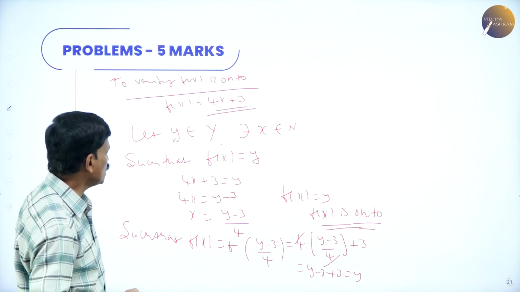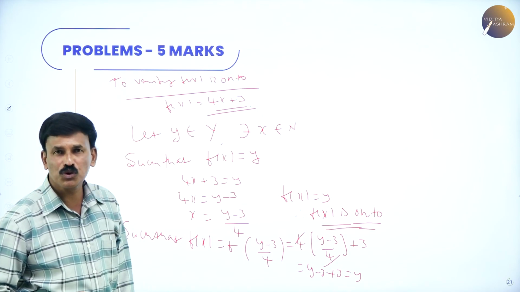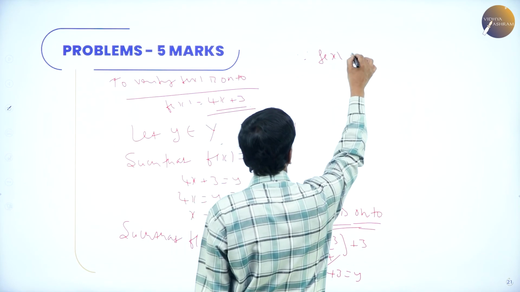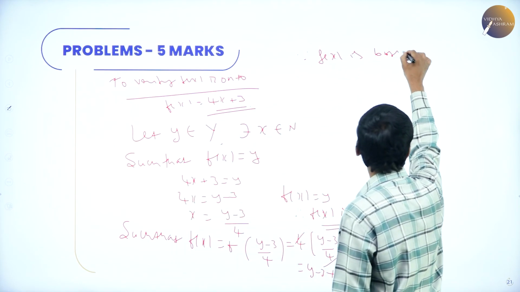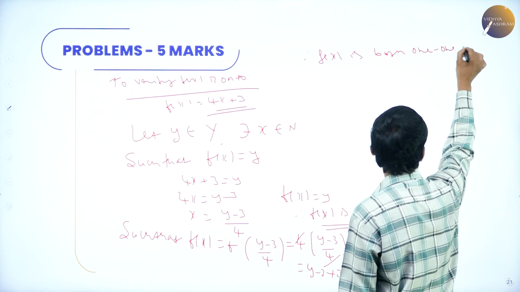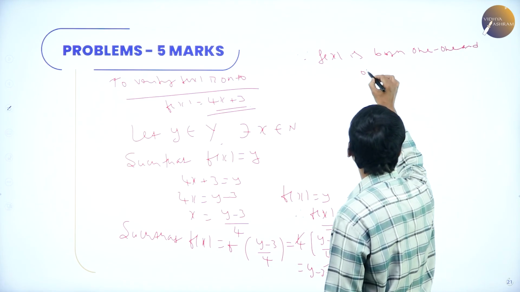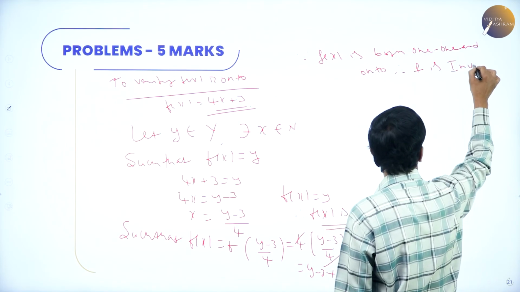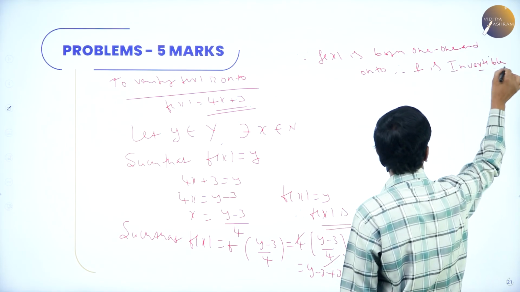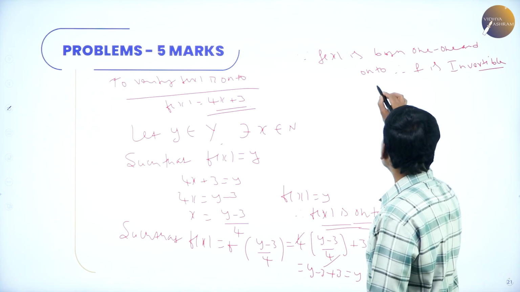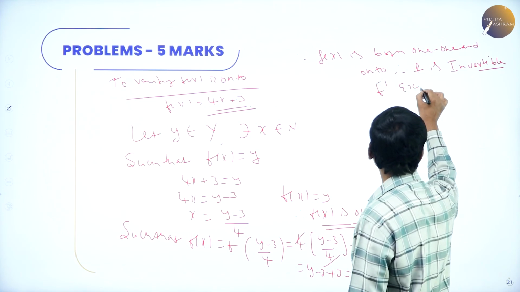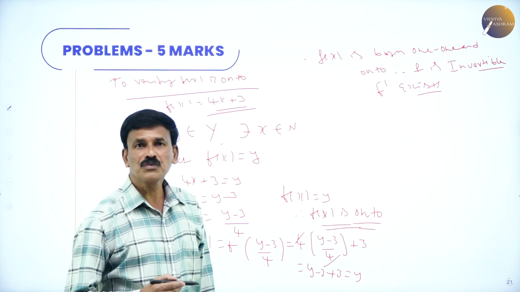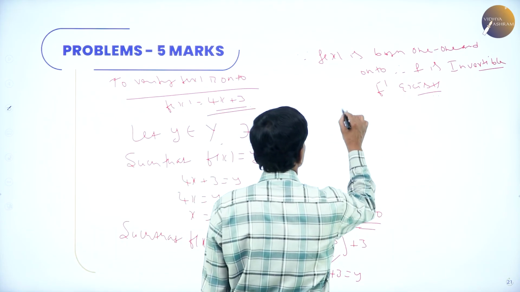Now, therefore f of x is both one-one and onto. Since f of x is both one-one and onto, therefore f is an invertible function. This is bijective and therefore invertible. F inverse exists. Now to find f inverse,